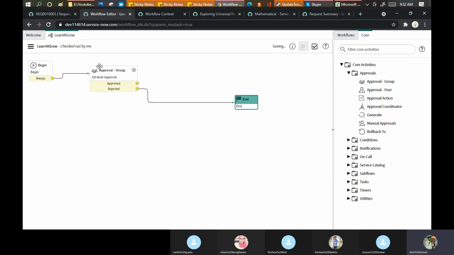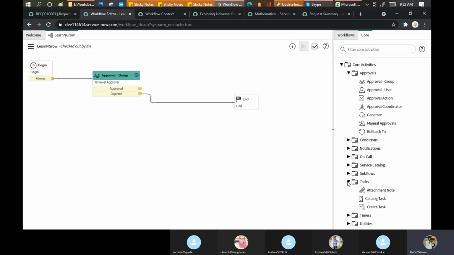It is really good to drag and drop the things. But if my request gets approved, then what else? I say if my request gets approved, let's create a task. Which task? Catalog task. Why? Because I am working on the catalog table, on the request level.